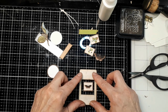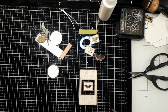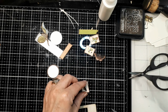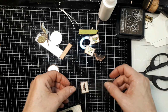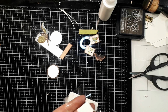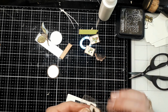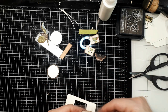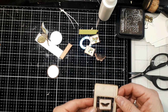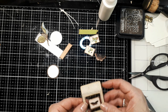It would be nice to have it like this. Okay, I'm going to give it a try. I have a piece of tape over here. And I thought, what if I just do this and fold it over. And we have some sort of window, as you can see. But it looks terrible on this side. And what if I just...